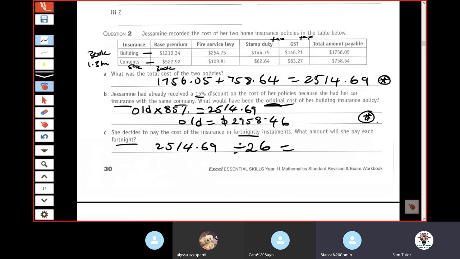If you couldn't do A and B, but you understood how to do C, which was this number divided by 26, if you just made up a number here, so if you were, I don't know, 3,000, and then you came up here and you actually used 3,000, oh, sorry, if you didn't even know how to do this one, firstly, let's get back to you. If you didn't know how to do this, and you just made up a number,